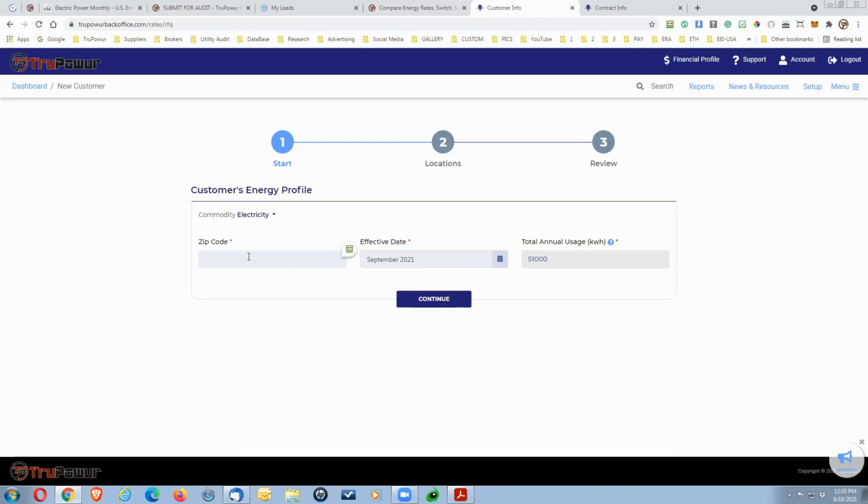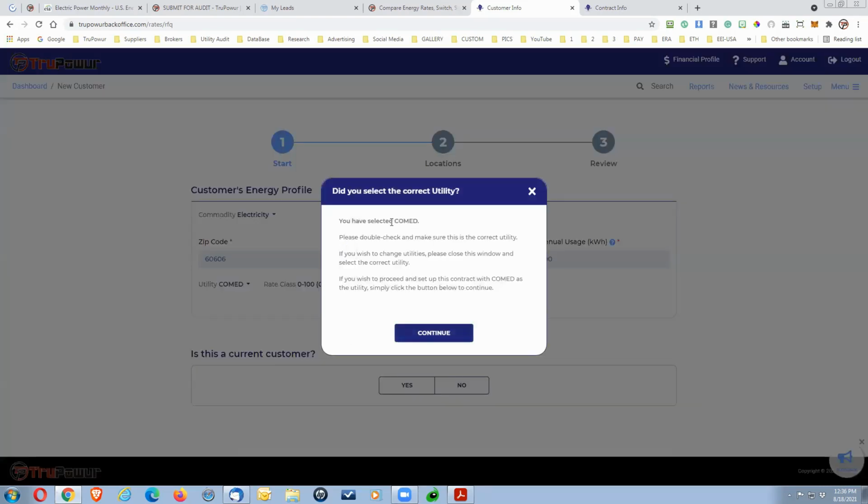And we're going to put in that customer zip code and whatever their usage is. So if they used, let's just say, 555,000 kWh annually, and we hit continue,